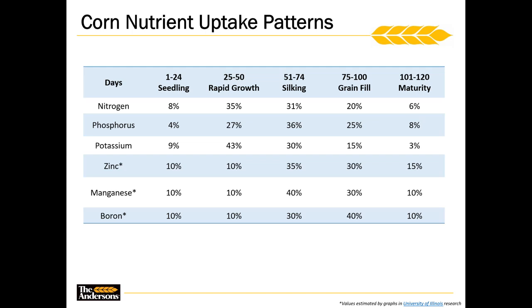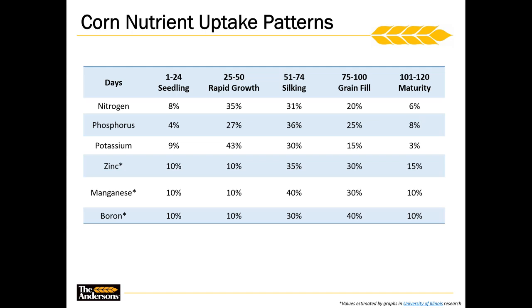What we wanted to do here instead was use this as more of a guide to understand the growth curve and the nutrient needs throughout the growing season. So this chart is corn and the percentage of nutrients brought up to the plant at the different growth stages. Pretty easy to understand, but what we want to do here is pull out the key points from this chart